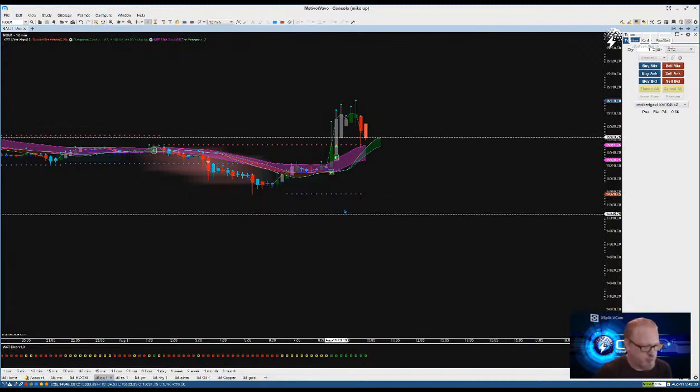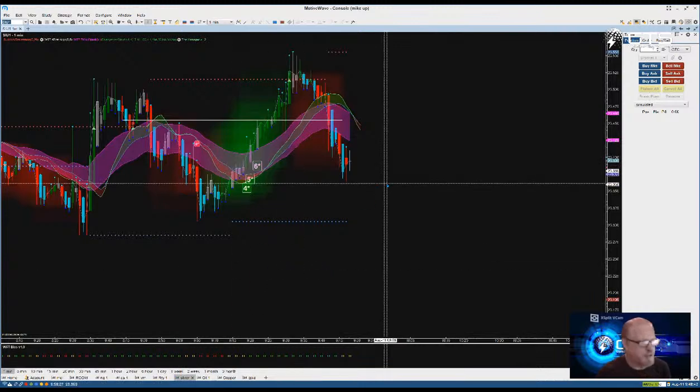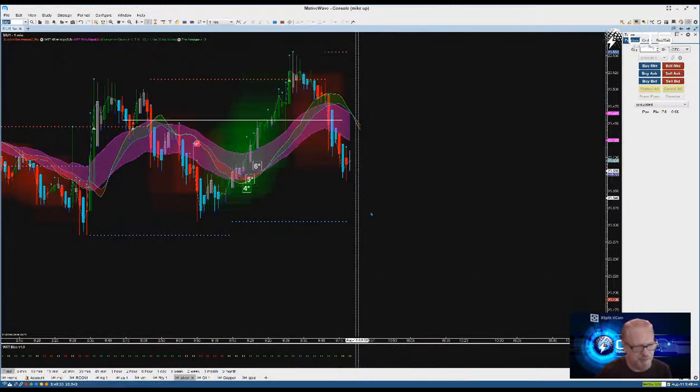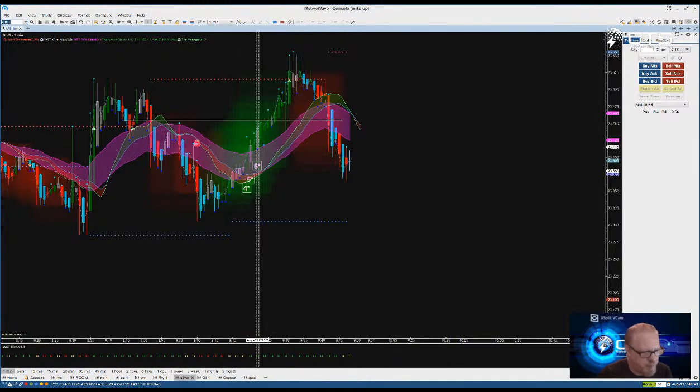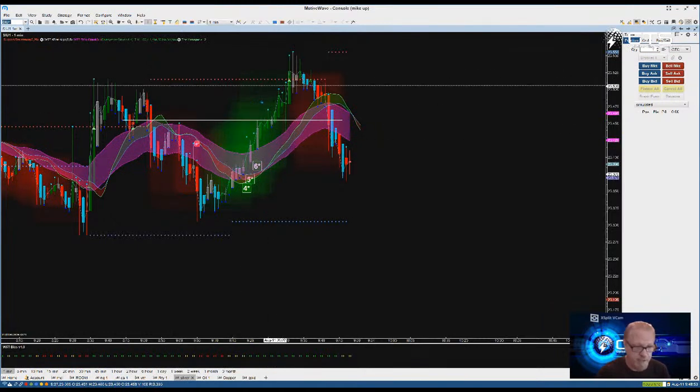I want to see some running this morning. Somebody come on and give us some money. I like the silver here. Look at the silver, man, on this 1 minute. This thing is just amazing. Boom. Big run. This silver pays some serious money, too. This is some big money right here in the silver trade.